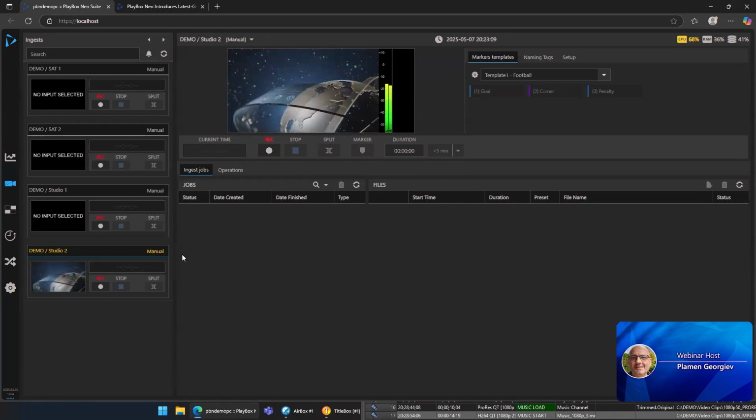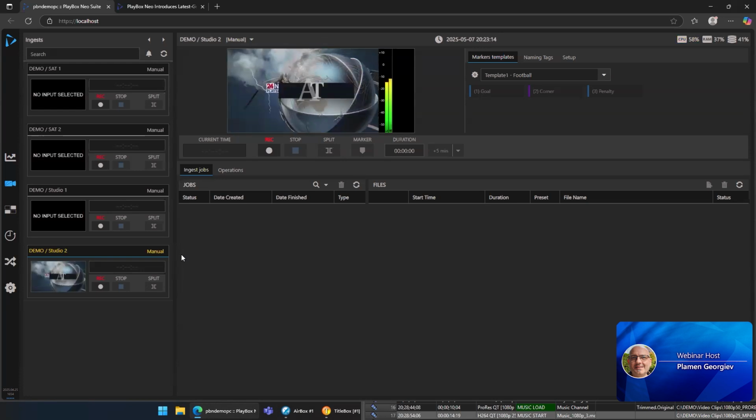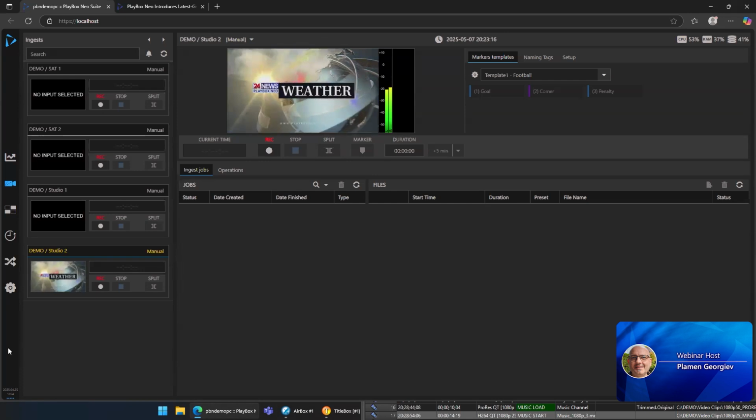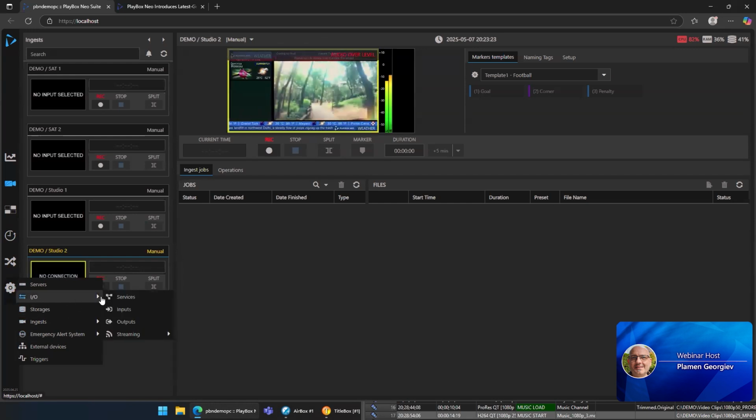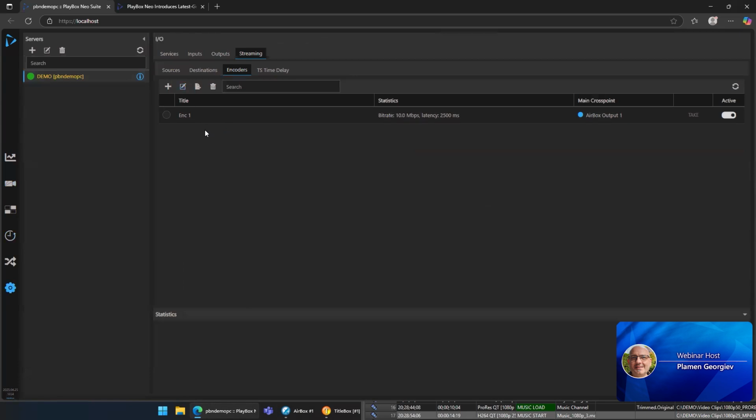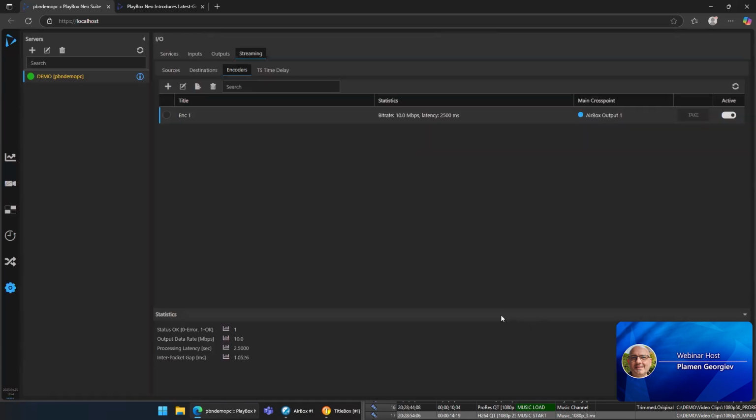So there are a number of improvements under the hood of the system, as usual, with every new iteration in the graphic layers, in smoother graphics and all of this. Video encoders we can use. If I go to my outputs, and I can go to encoders, for example, this is the one encoder. I can make a configuration for this encoder, and I can decide